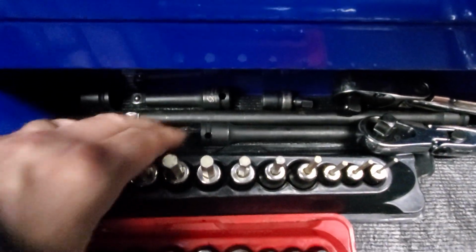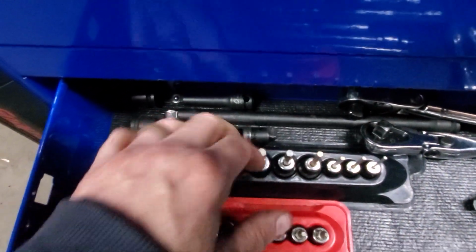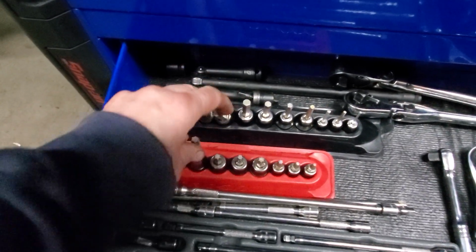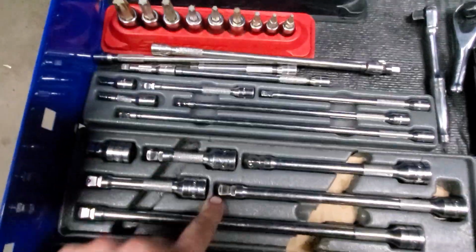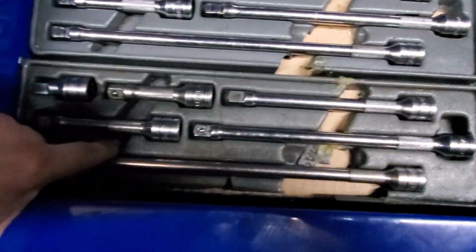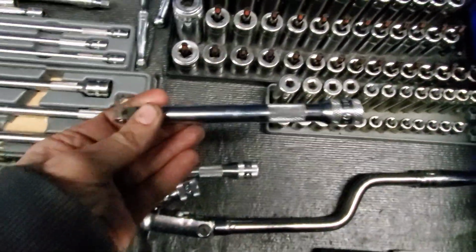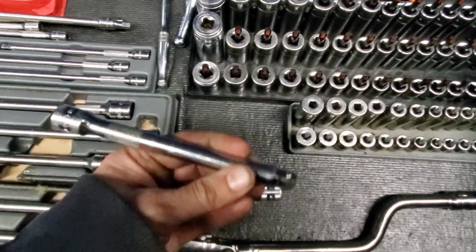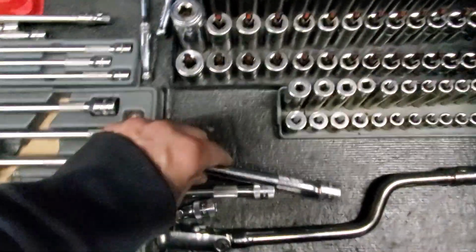And in the back there, I got the rest of the Sunex wobble extensions and a universal adapter and 1/4-inch. Got my Allens and Torx, and those are all Snap-on. And then 1/4-inch extensions, 1/4-inch wobble plus, 3/8 wobble plus, and 3/8. Then I got some Matco wobble extensions. I think these actually have a little more angle than the wobble pluses, so I keep them just in case